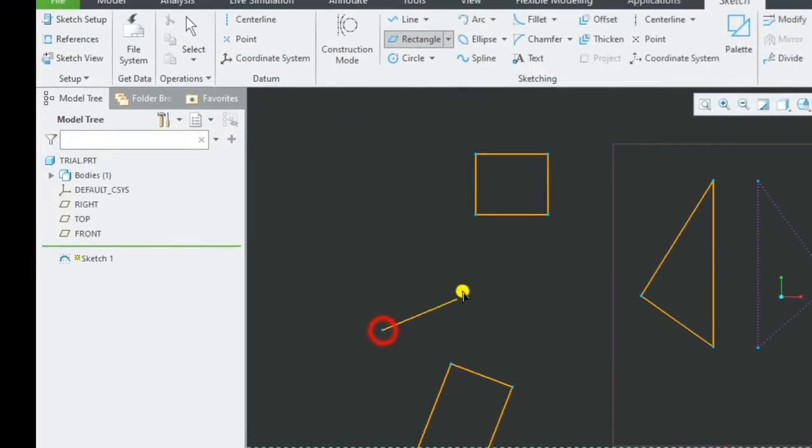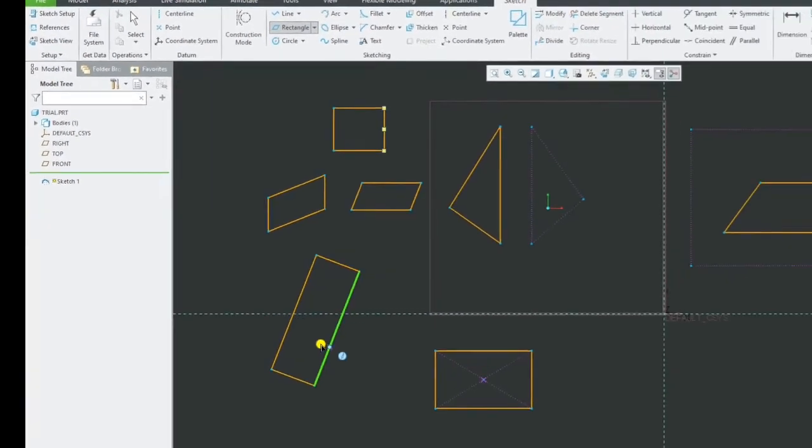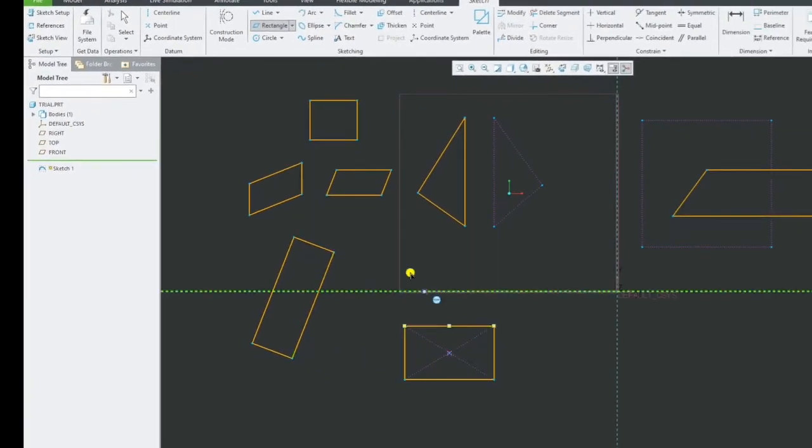You can make it here also, there is nothing wrong in that. A parallelogram can be drawn any way, here or here, whatever you wish. So what we have: one rectangle, the square. Second, what we have seen is the slanted rectangle, center rectangle, and parallelogram. These are the three things which we have in the rectangle.